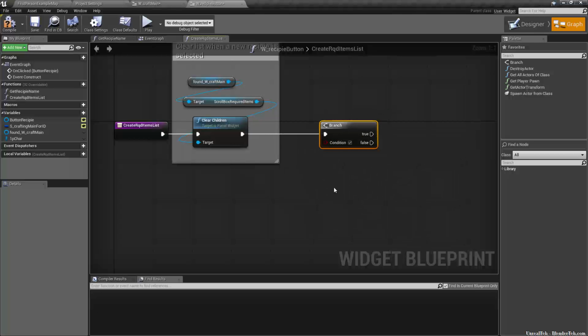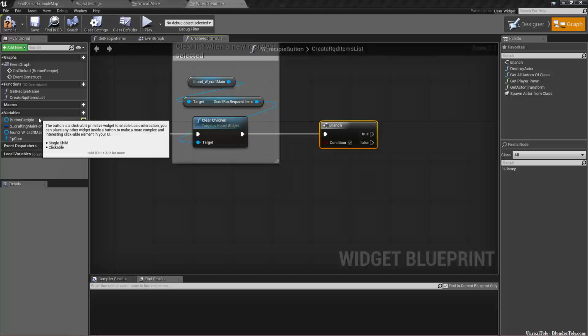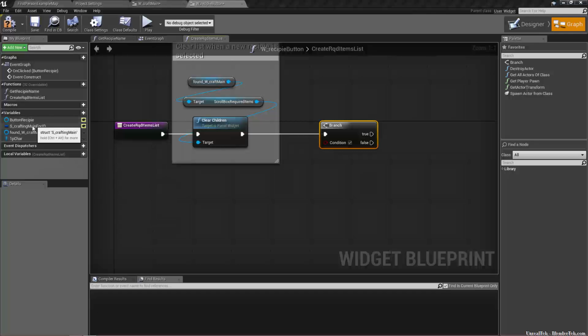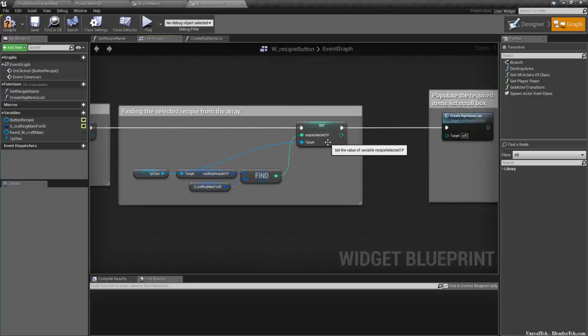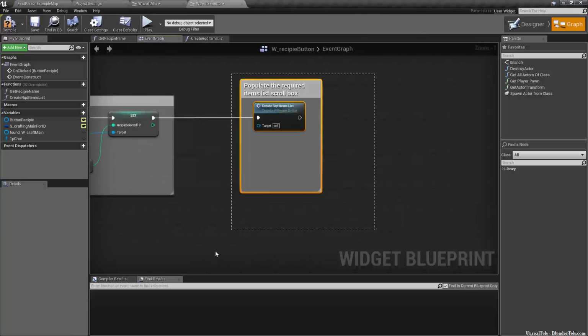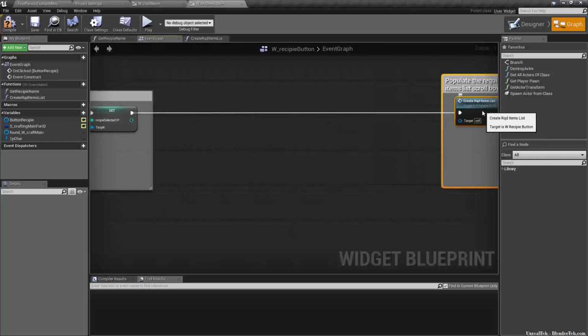And its condition is going to be, right, if we go to the event graph, we set recipe selected. There's something I'm forgetting in the middle here. Oh yes, okay, so this one is the last one, but in between there we need to create ourselves a